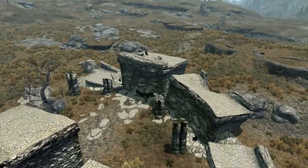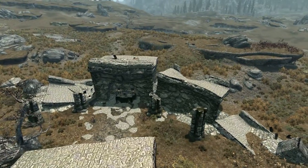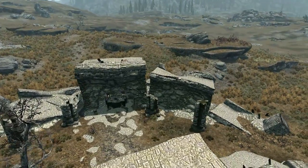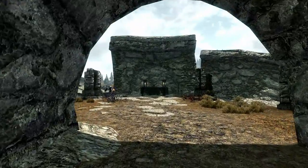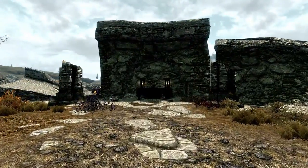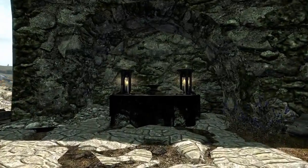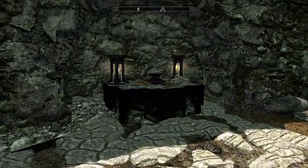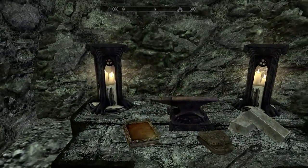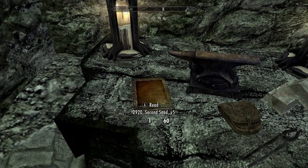And moving on to the next curiosity, we have Zenithar's Crumbling Bastion, which can be found in this crumbling ancient fortress, which is to the north of Broken Fang Cave. Here, amidst the ruins, we will find another shrine to Zenithar. Someone is certainly frothing the Zenithar out here in the plains of Whiterun. We will also find 2 silver ingots and tongs, an apothecary's satchel, and the speech skill book 2920 Second Seed, Volume 5,